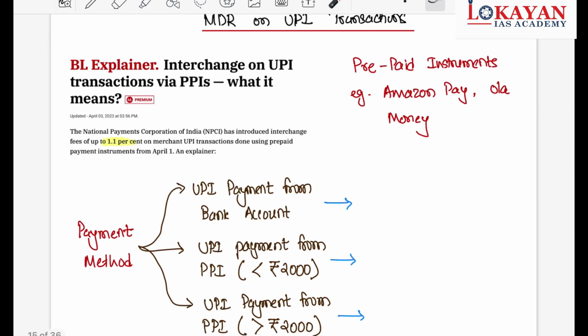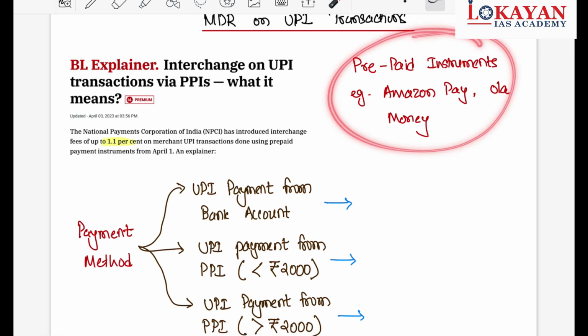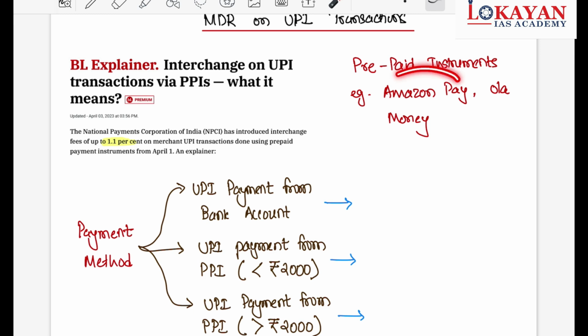Before understanding MDR on UPI transactions, let's understand one key term, prepaid instruments. All of you know what is meant by prepaid instruments, like Amazon Pay, Ola Money, where we deposit money through, say, card or UPI, and then use that money through PPI. When there is a transaction through PPI, then only there will be 1.1% merchant discount rate from 1st